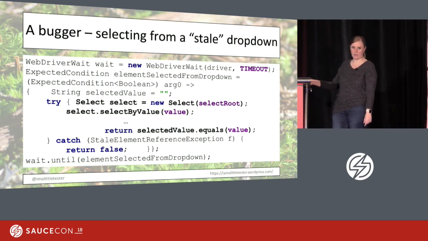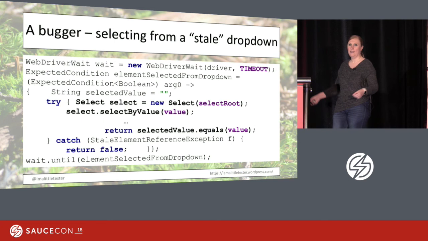Poof, I'm starting from the beginning. I'm trying again, select new select. If this works, that's fine. I'm going to go to the second line. I'm going to try to select the value from the dropdown. If it doesn't work, if it's going to throw me that stale element exception again, I'm going right back here, I'm saying false, and I'm going to do it again. Again, until this is not stale anymore, and I actually managed to select the correct